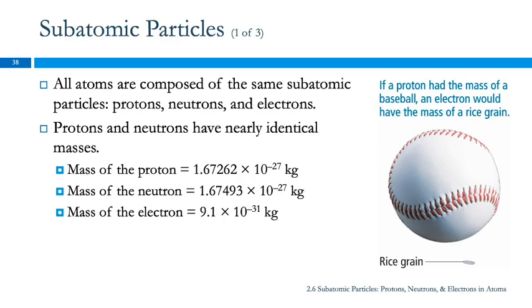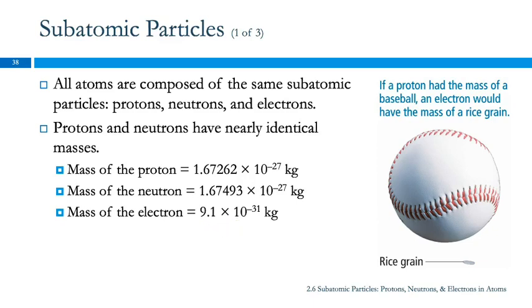So protons and neutrons have nearly identical masses. These masses here you might need to use in a homework problem, but you definitely do not need to memorize them. What I'd like you to note here is that they're both times 10 to the minus 27 kilograms. And so if we look at this number at the beginning of the scientific notation, 1.67262, 1.67493. So the difference comes in the fourth significant figure. They're very, very similar. The mass of an electron, significantly smaller, almost 2,000 times smaller, 9.1 times 10 to the